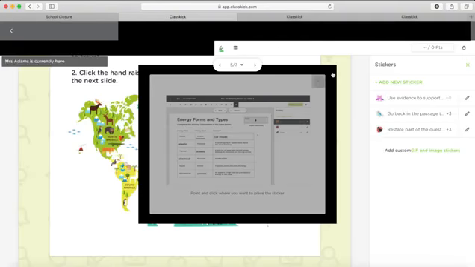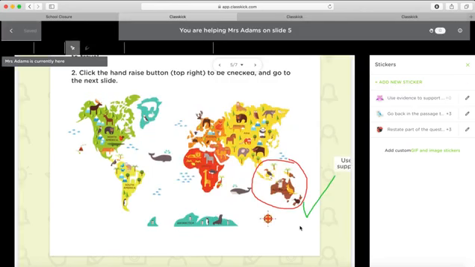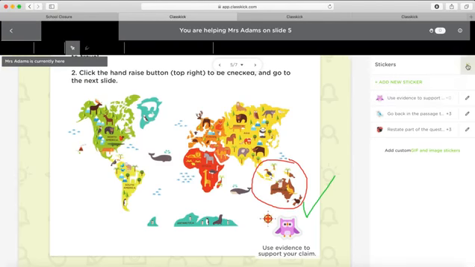So for example, if I want to put the owl sticker in this one, I don't know why it's not working. Oh, here it is. Okay. You can see that I've added an owl sticker on there. Use evidence to support your claim. It's just a random sticker. But anyway, you get the idea. So once you've done that,